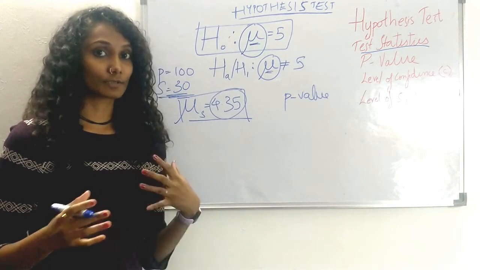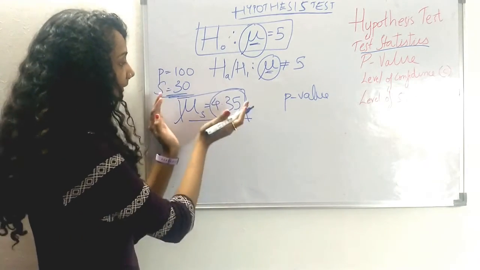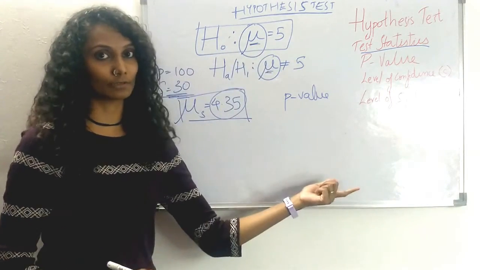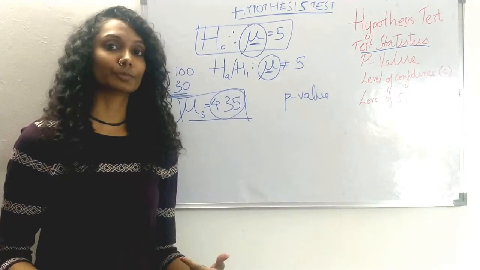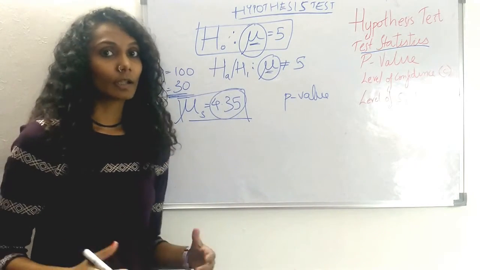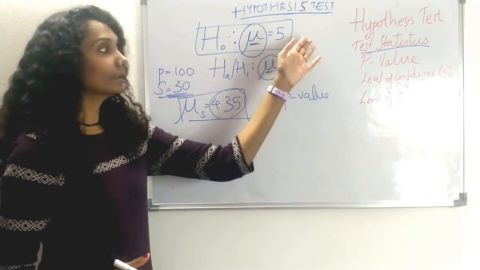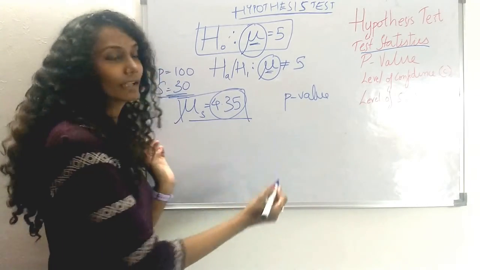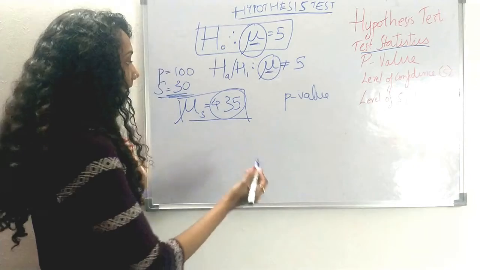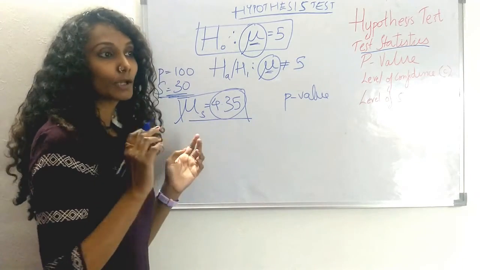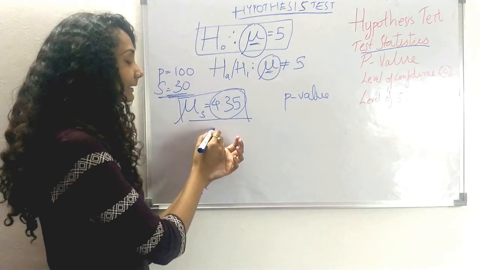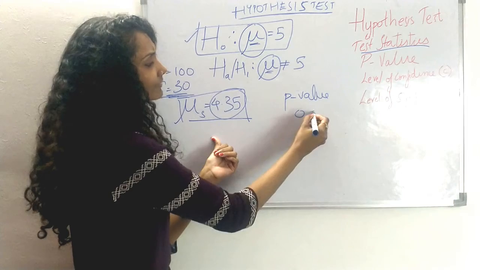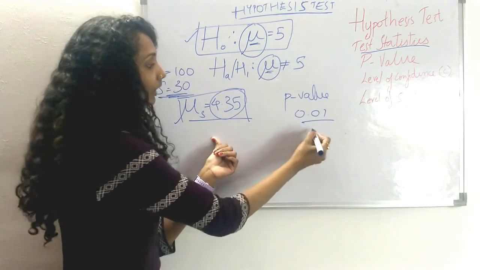Let me put it in a simpler way. The probability of getting this result when null hypothesis is true is what p-value is. If it is still difficult for you to process, you can just think of it as the probability of null hypothesis being true. Because say the p-value is really less and we get this value. So according to the definition, the probability of getting this value, if this is correct, comes out to be very less, say 0.01 is the p-value. So 1 in 100.